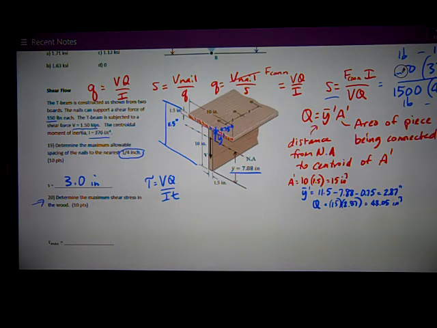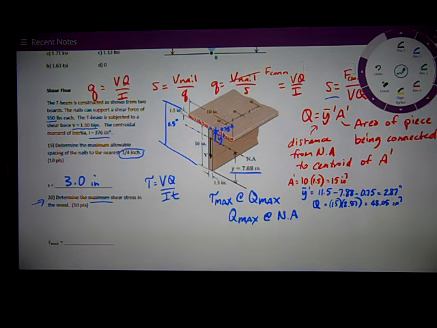Q is a variable depending on where I'm taking the shear stress. Hopefully I know from doing homework problems and other things that the maximum shear stress occurs where the Q is max. So tau max is at Q max. Q max is at the neutral axis. So looking at my drawing and hatching in that. So what I have here is